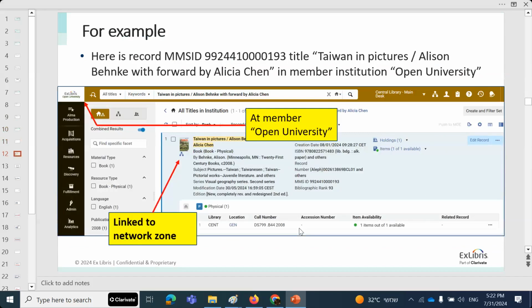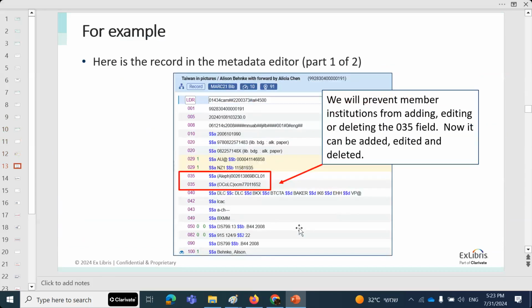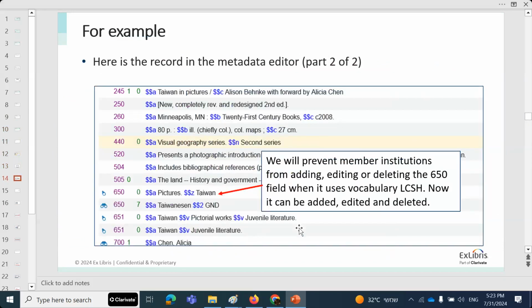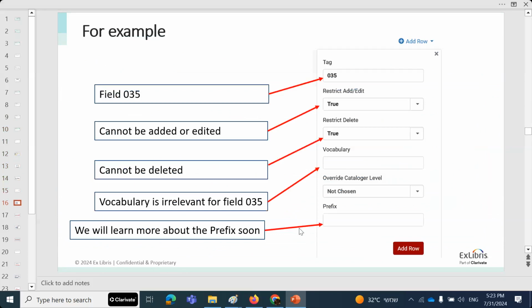And in our case, we saw that in Open University, we have a record which is linked to the network zone. And we saw that we have fields with, in this case, Aleph and OCLC. We had OCLC and Jenny. We also had a 650 with second indicator 0, meaning it's Library of Congress subject headings. So we added